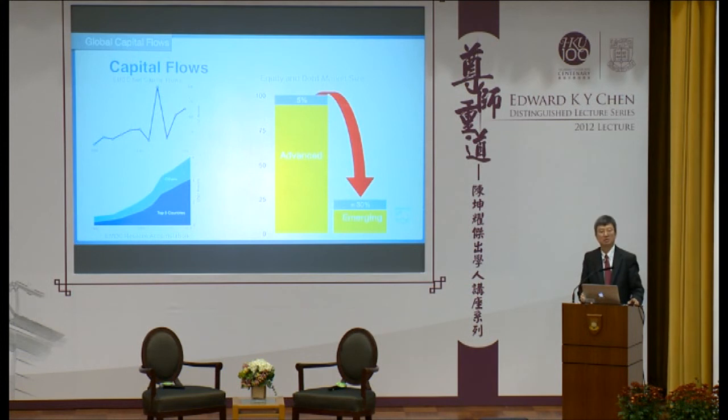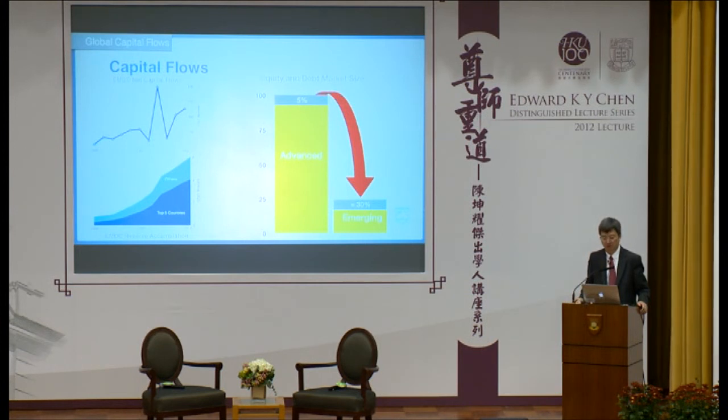Because, as I said, although the emerging market and low-income countries share 50% of global GDP, they have only 19% of global financial assets. When money moves away from the advanced economies to the emerging markets, the size is very different. 5% of assets moving away from the advanced economies is equivalent to 30% of the emerging market size. So that's the third feature. The capital flow has a huge impact on the emerging market, because the emerging market is still relatively small and not very deep, and the product